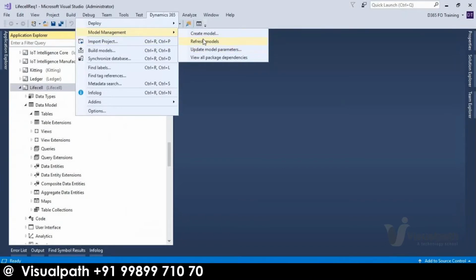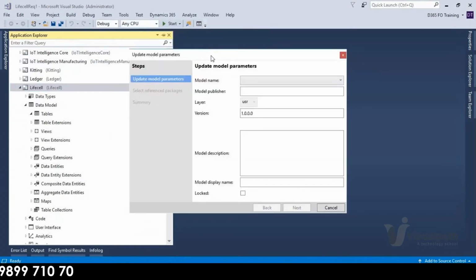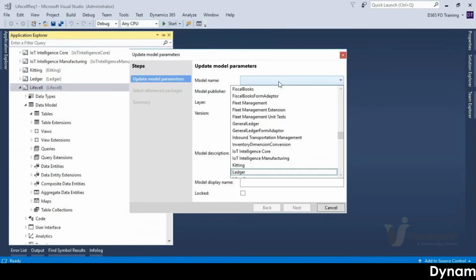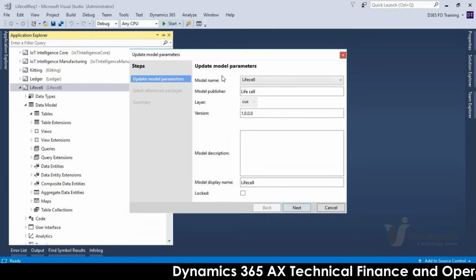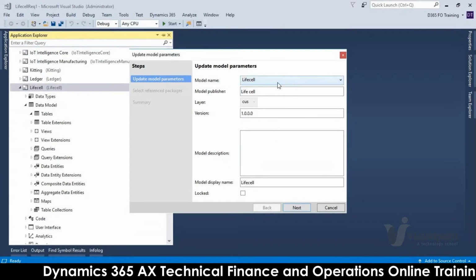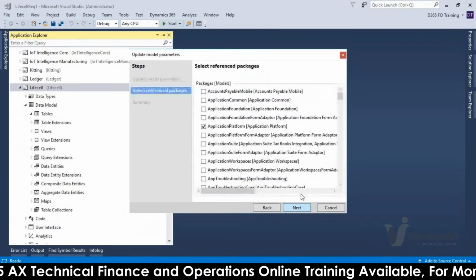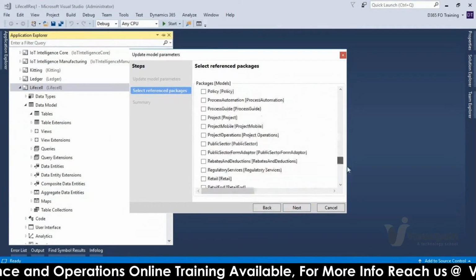If you want to add more references, you need to go again to Update model parameters from the Dynamics 365 menu item, select your model name and click on next. Whatever models you want to reference, you can select here.